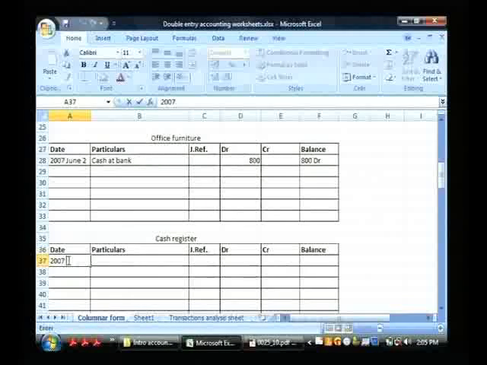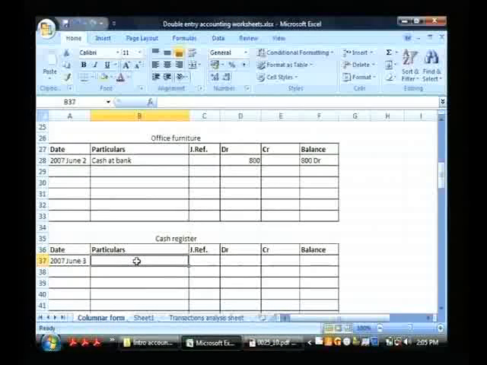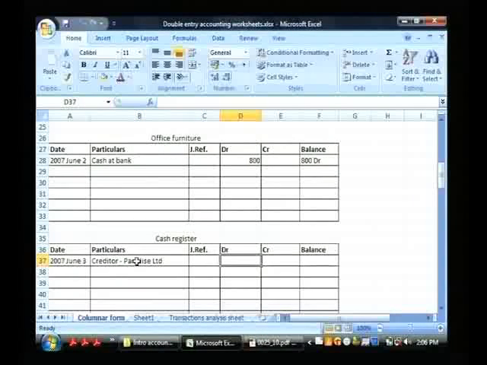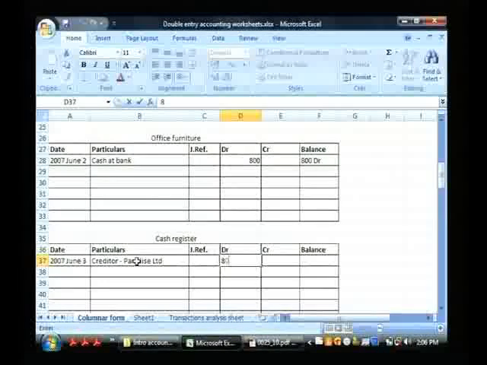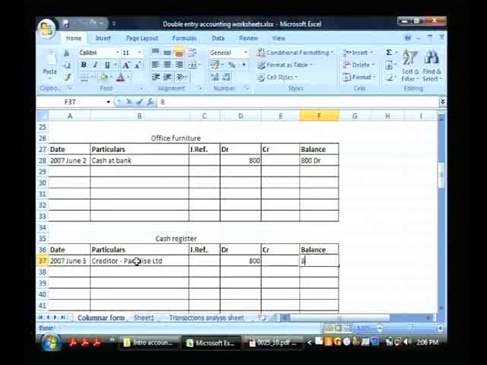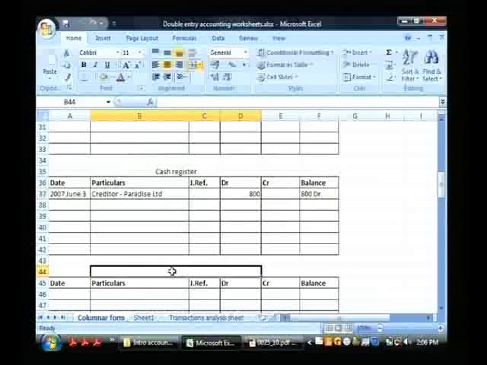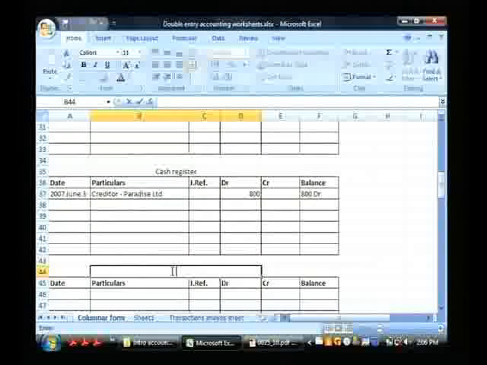Date 2007, June 3rd, cash register account debit, and creditor Paradise Limited, cash register debit, value is 800, debit here. And we need account for Paradise Limited, creditor,